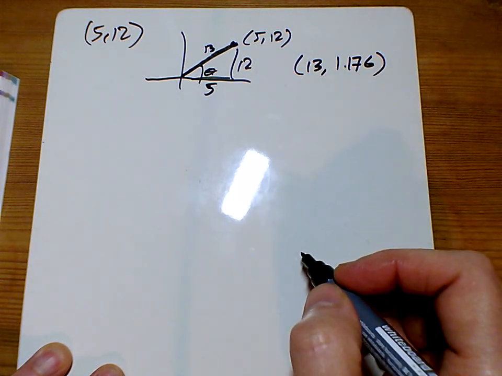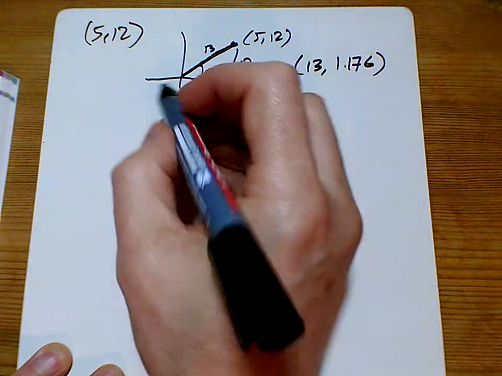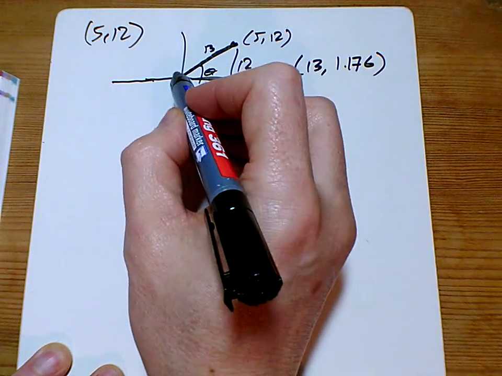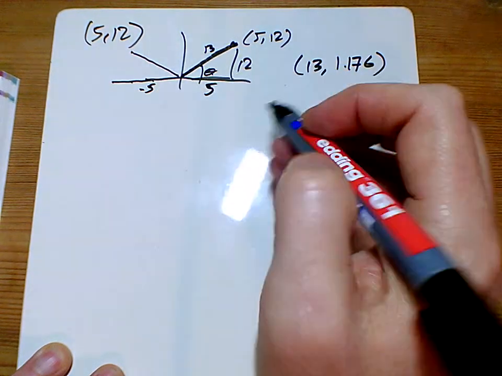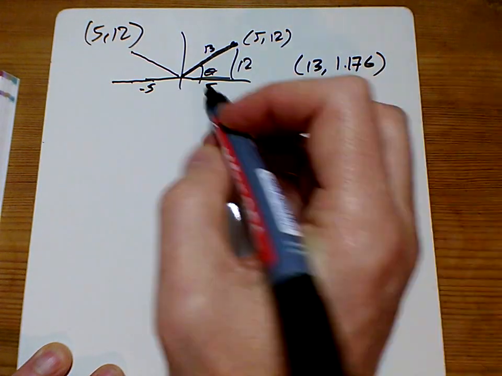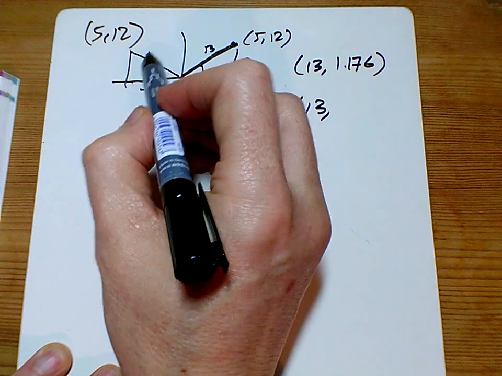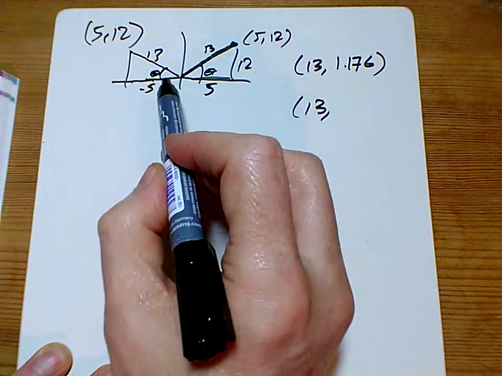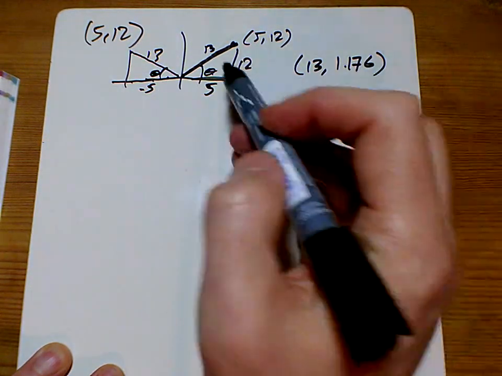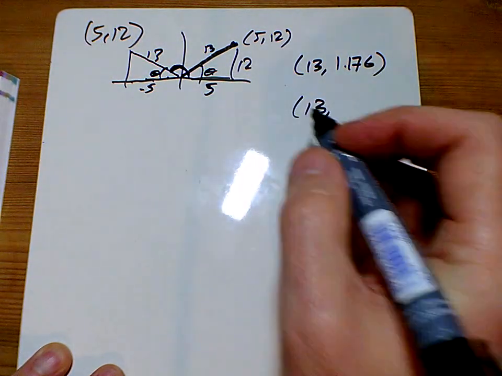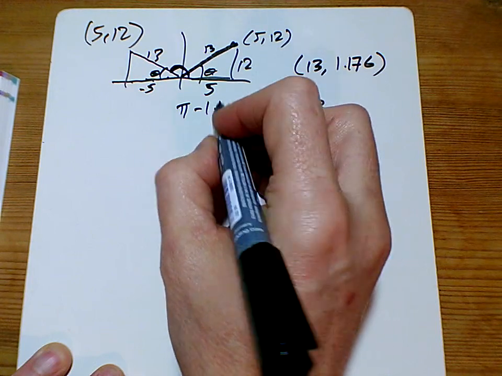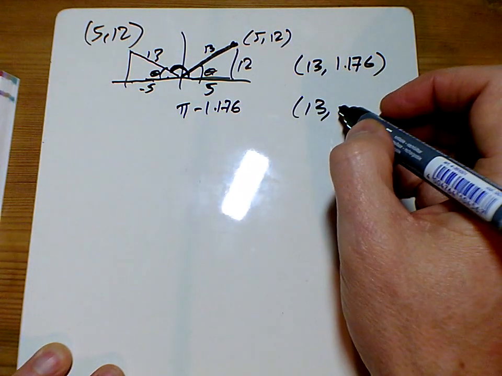And the second one is very similar, so it's minus 5, minus 12, so it's just the other side over here, isn't it? It's minus 5, minus 12. So the distance here again is just going to be 13, that's r. And this angle here, well, that angle there is going to be 1.176. So we want this angle round there to there, so it's pi minus 1.176, and that gives me